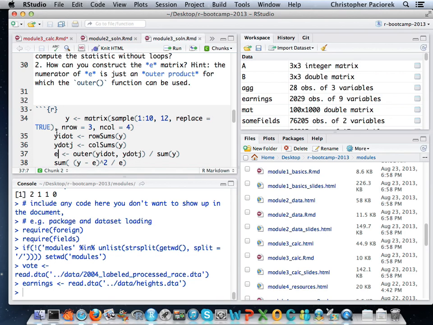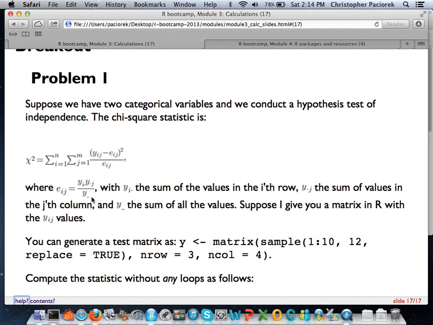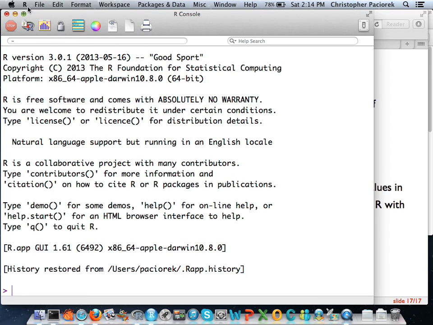So I can do that as this outer of yi dot and y dot j. And then if I go back to the slides, recall that in the denominator, I had y dot dot, which is the sum of all of the y values. So that's just a scalar. So I can do the outer product and then divide by the scalar.